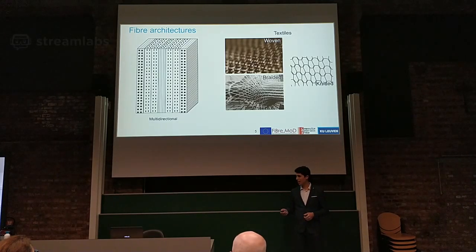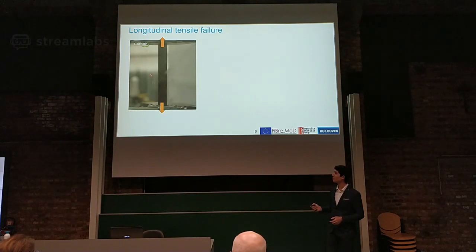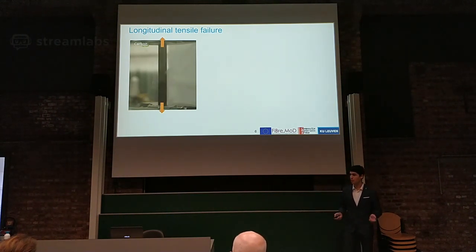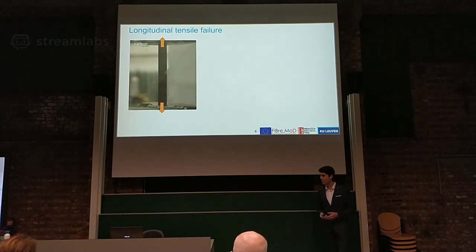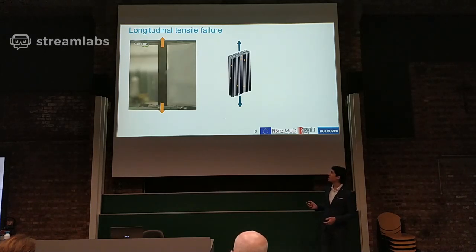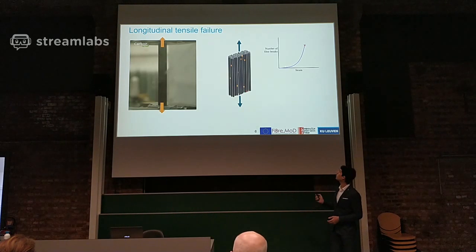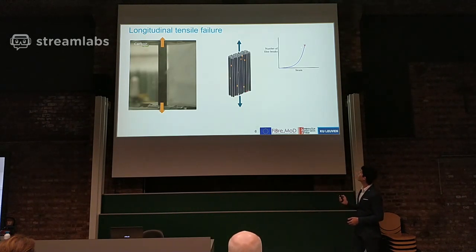So if we look at how a unidirectional composite fails, here we are loading a carbon fiber composite in tension, and as you will see in a moment, it will fail very explosively, very brittly, and without much warning. But what's actually happening inside the composite as we are loading is that fiber breaks are accumulating inside the composite, and this will trigger the final failure of the composite. So fiber breaks will start accumulating more and more rapidly, and at some point the composite will fail,